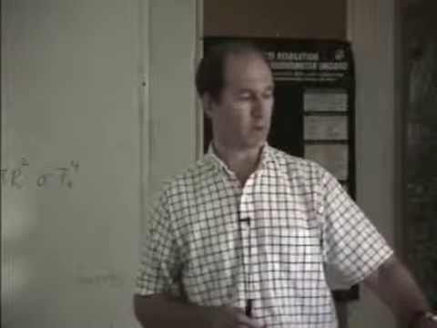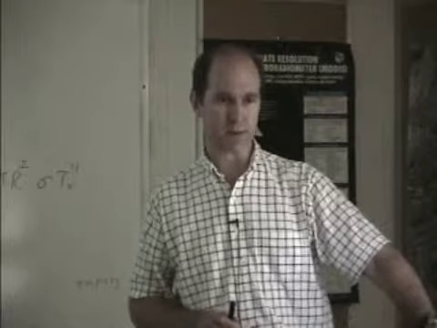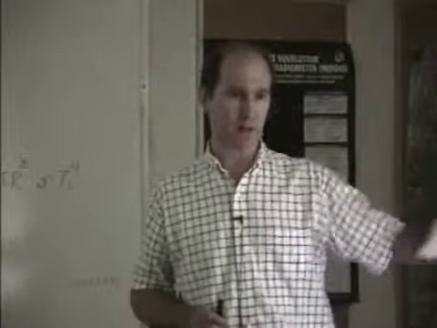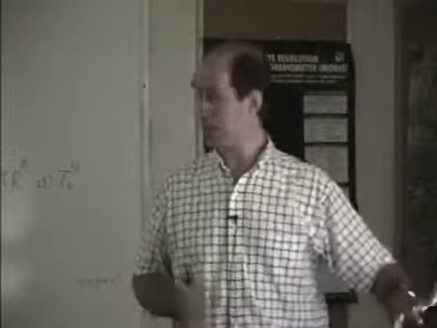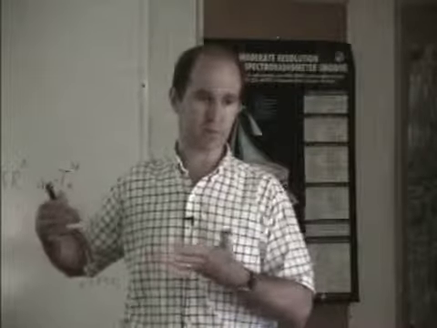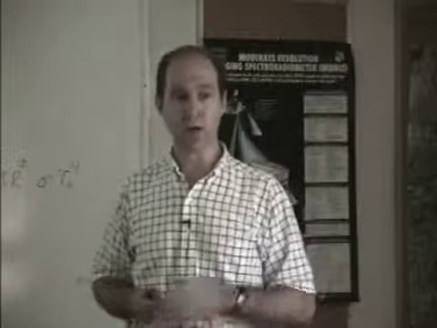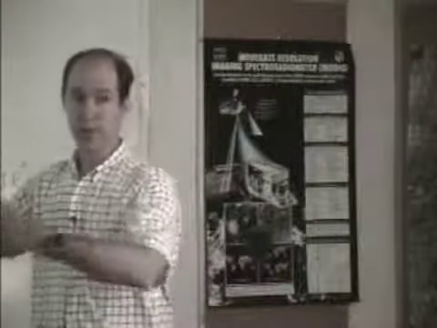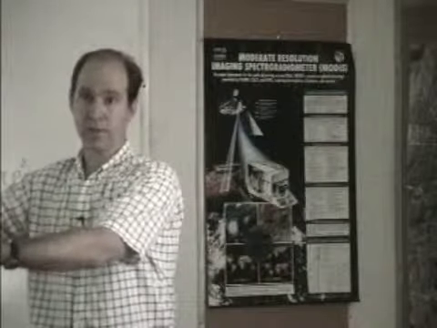So that COBE map was taken at about 10 to the minus 32 seconds? No, the origin of the hot and cold spots in here comes from that time. The photons that we actually detect with our detectors are coming from about 100,000 years after the Big Bang. So that's about 100,000 years ago? Or from the Big Bang? From the Big Bang. So from our perspective, this is most of the age of the universe backwards in time.